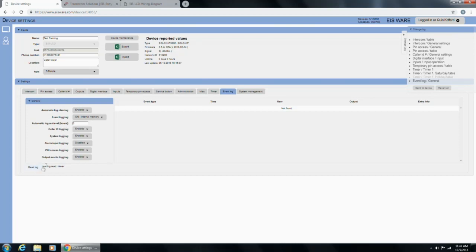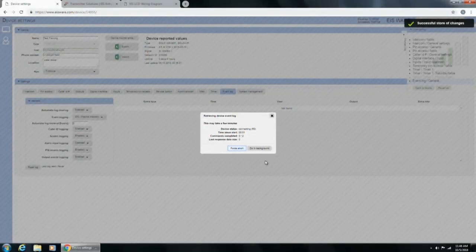And that's always good to do, and you can enable that to automatically retrieve, every 24 hours if you want, or if you're one of those that want to do it manually, you just hit here. Sorry, there's nothing on the device now. I could kind of just show you. What it'll do is it'll go out, read the event log,